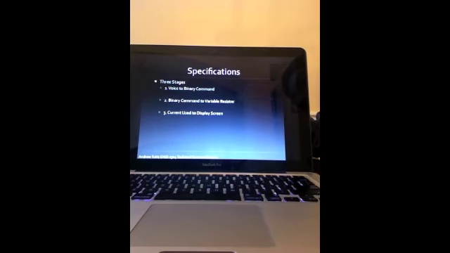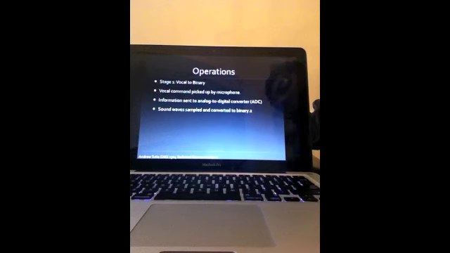There are going to be 3 stages to it through its functions. It's going to start with the voice to binary command, then a binary command to the variable resistor, and then the current used to display screen. The first stage is the vocal to binary, and what happens is that you send out your vocal command, so you send out lights 30%. The microphone's going to pick this up, and it's going to send this audio wave to a microprocessor located within